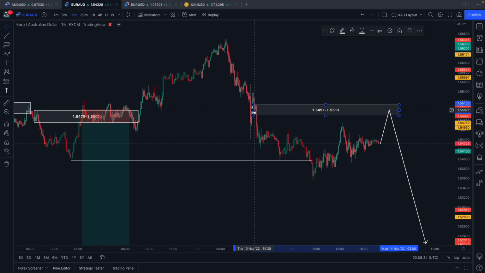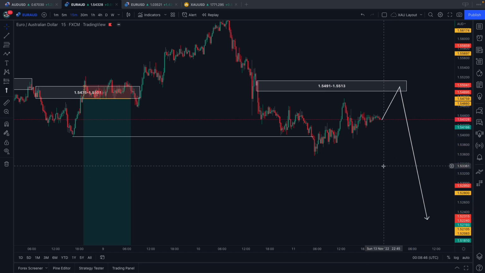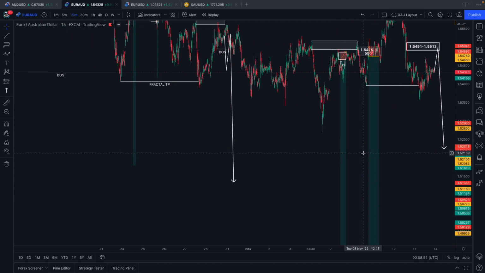You can see this last buy to sell candle. Highlight it for yourself. Wait for price to trail in. Give us a fractal break of structure on maybe the 1 to 5 minute time frame. As soon as we have that and we have price trading bearish, that's when we can look to get involved in those sell positions. Now, in terms of a take profit, where would we put our take profit?